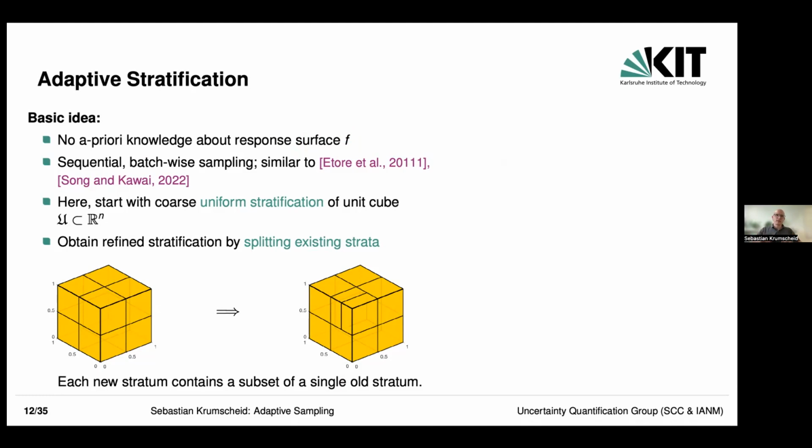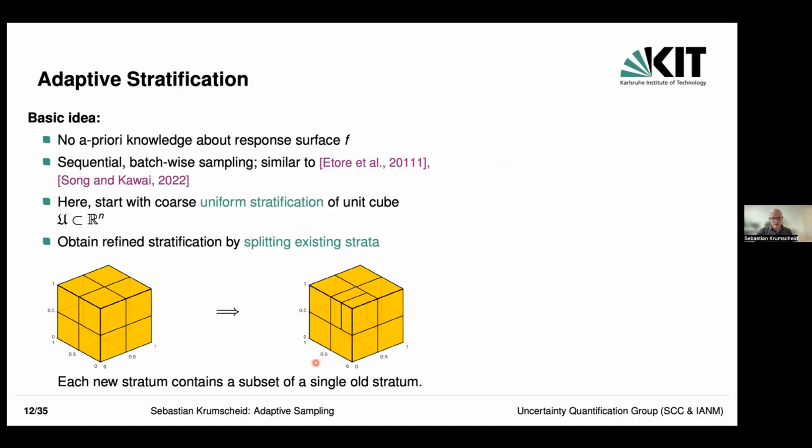And now instead of simply doing Monte Carlo or one stratified sampling at Monte Carlo, what we want to do is start with a certain stratification, for example just one stratum, use a batch with some of our budget to draw samples, and then somehow extract information about where we should split strata to refine our stratification, something I'll try to illustrate here. The idea again is borrowed from adaptive meshing tools for PDEs, where you need an error indicator that tells you, hey, maybe you should refine your tessellation.